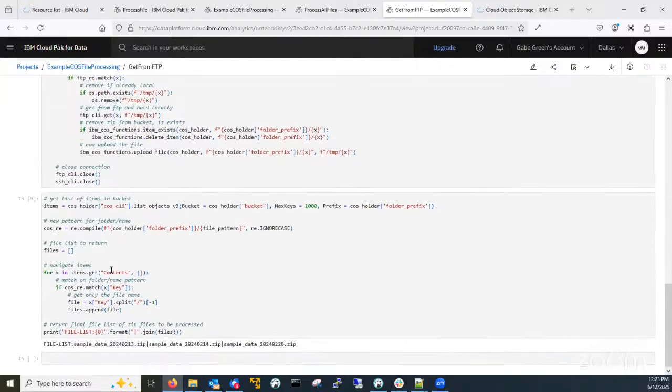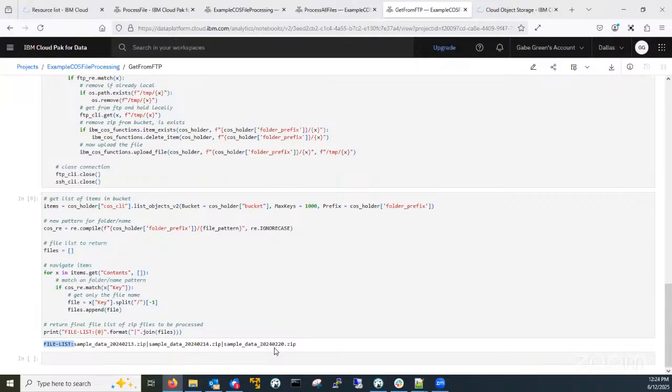Close the connection, right? And then at the end, what I do is this. And so why do I do this? Again, this is another tip or trick. So you see this line. I can count on that line being in the log of the notebook. So now when I run this notebook, I'm going to get this line in one of the cell outputs, or I'm not. So if I don't have any matching files, if I didn't have any zip files that are sitting out there,